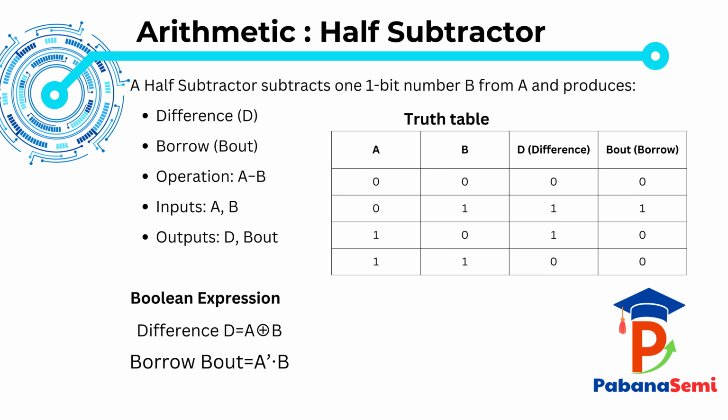So the difference equation is simply d equals a XOR b. The borrow becomes 1 only in one case, when a is 0 and b is 1, meaning we don't have enough value in a to subtract b. So we must borrow from the next higher bit. That's why the borrow equation is bout equals a prime and b. So the key takeaway is difference behaves like XOR, and borrow indicates the specific condition where a is smaller than